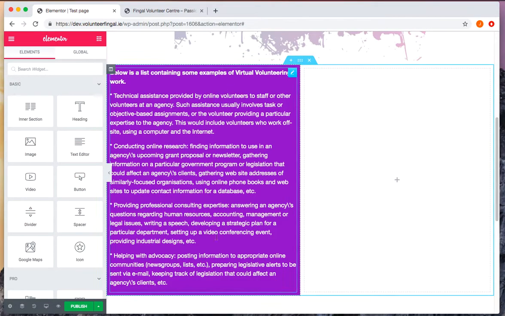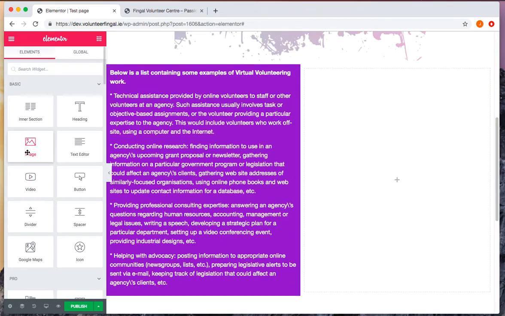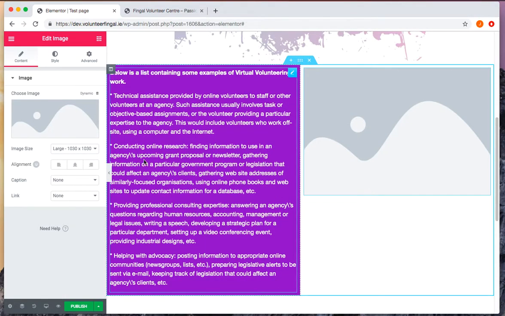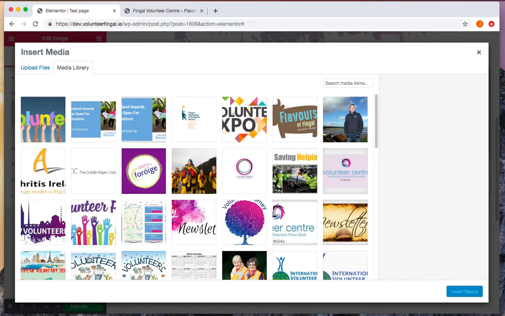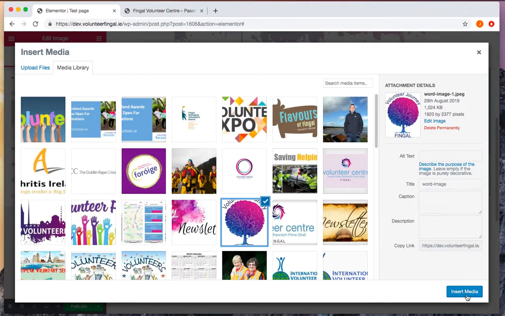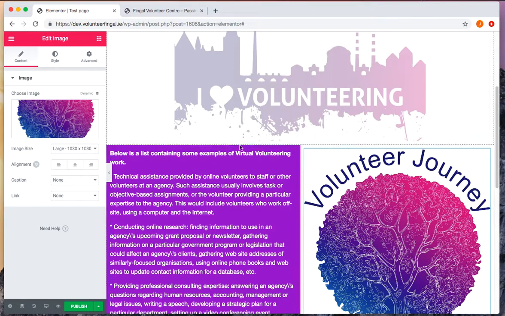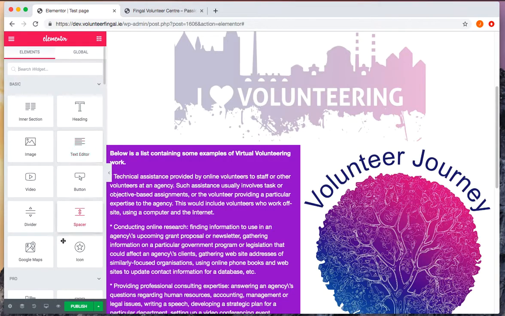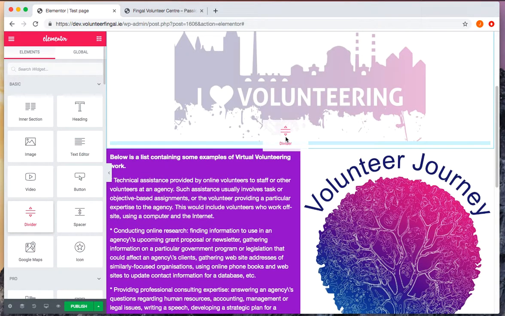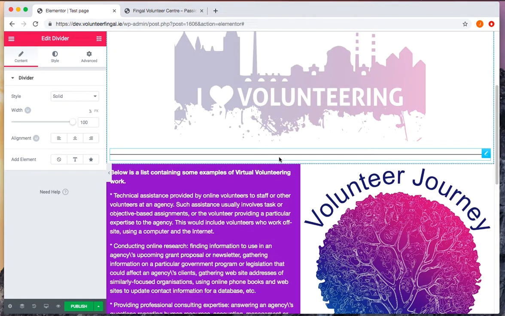So say for example I wanted text on this side but I wanted an image on this side. Again, same as the banner, drag and drop, choose your image. Say I think would look nice would be the tree. I think that looks quite nice. You can also see that your banner image looks very close to your text and stuff here. So what you could do to change that is insert a divider. So if you pop the divider in there, that will give you a line, but you can change that. So you can change the width and then center it,